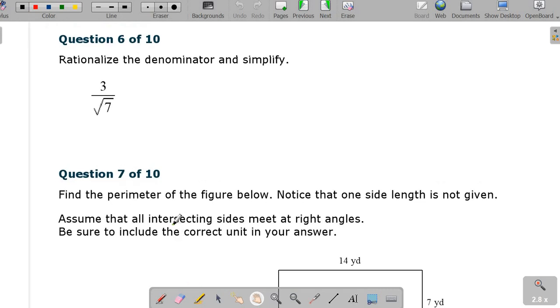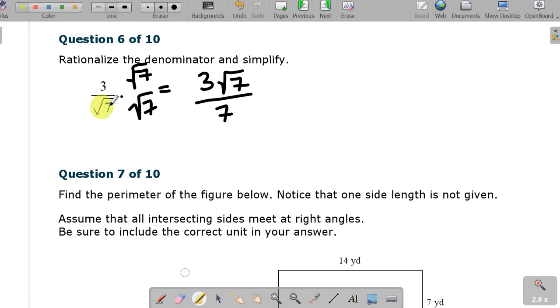Rationalizing the denominator here. Again, the goal is to get rid of the radical in the denominator. Multiply top and bottom by the same denominator. Any radical times itself is just the number on the inside. Now we check to see if we can reduce anything else, and we can't. So your final answer